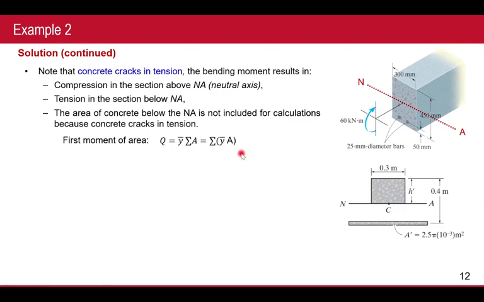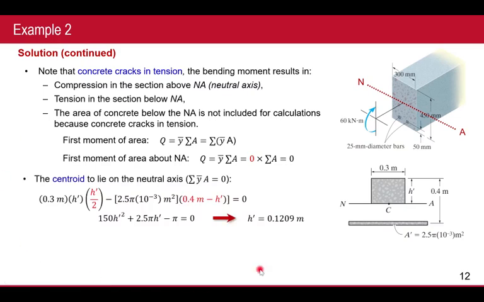Neutral axis, from lecture 2. This is from the first moment of area. The first moment of area above the neutral axis will be equal to 0. And then, of course, we can put all the things together, because on the neutral axis, there's no moment. So from here, we can work on this area, 0.3 times h prime, even though they're upwards. And the minus, because it's below. So this one will equal to 0. So now from the equation, we can get h prime will be